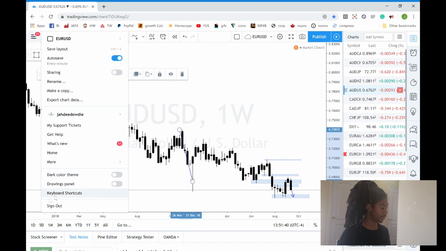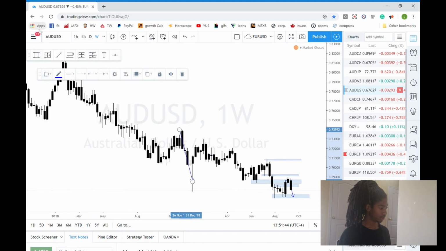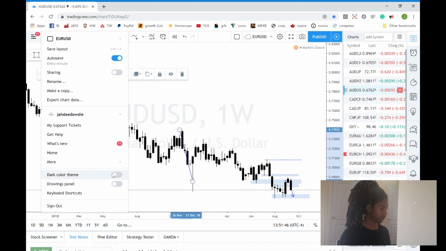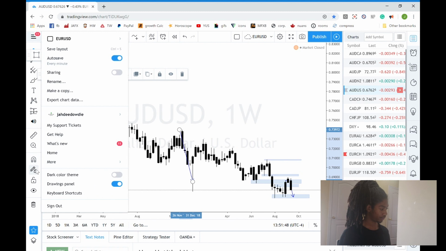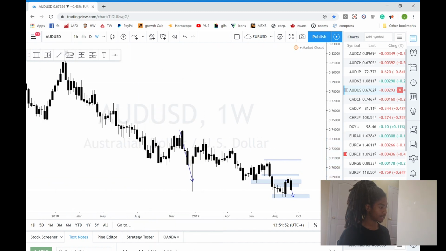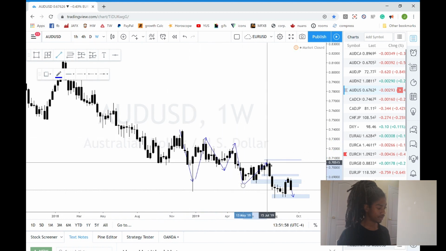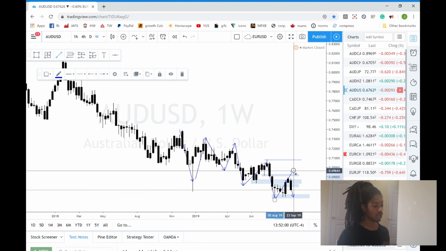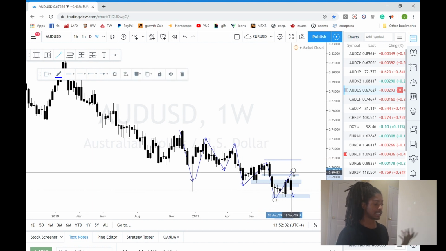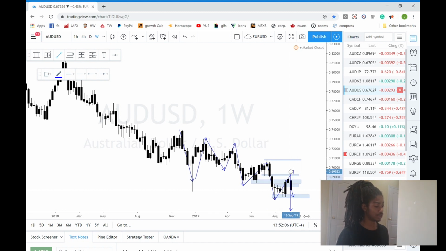Just a second, let me turn this on. So as I was saying, we can see that the general market structure is down because of this, right? We're making new lows. We expect the trend to continue until it ultimately changes, and it hasn't changed, so we expect a new low,